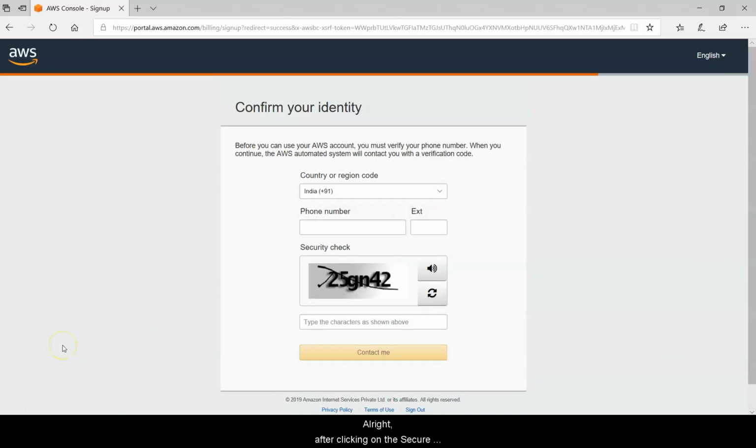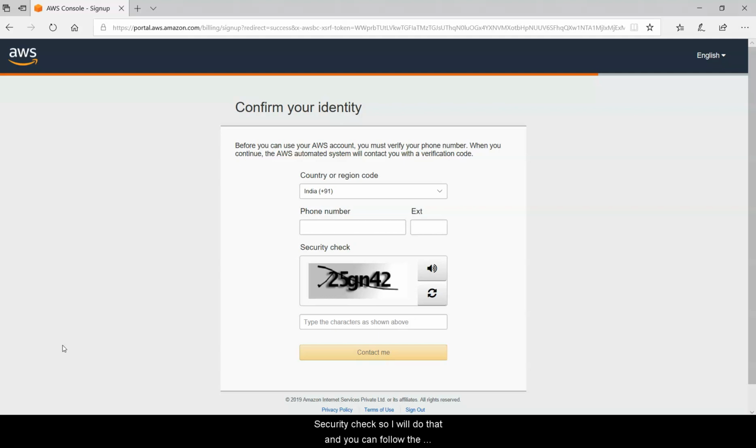Alright, after clicking on secure submit, I was taken to a bank authentication page where I had to verify my bank information through an OTP, and I have given that information, and after that it has taken me to this page where I have to confirm my identity by filling in my phone number and getting this security check.